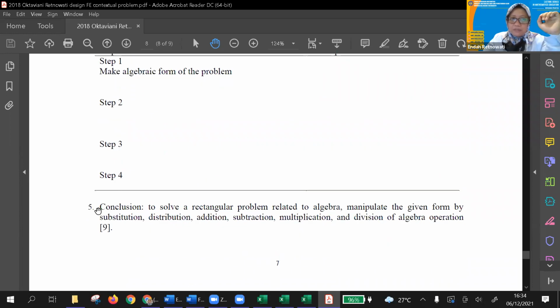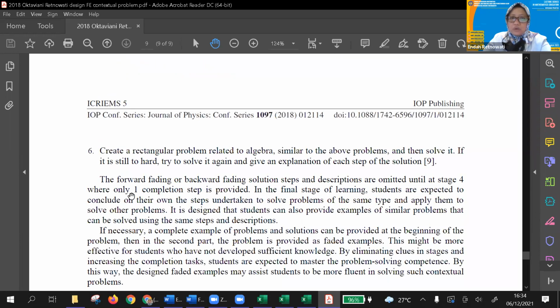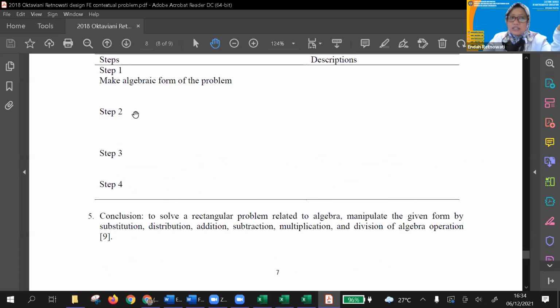And they also have number 5 and number 6. Number 5 is a conclusion, just a final remark on what to do to solve rectangular problems. And number 6 asks them to create a similar problem. So they try to solve the problems that they create using the steps that they just learned from the faded